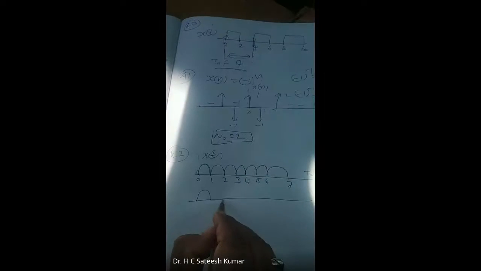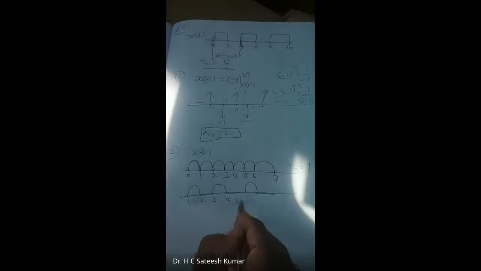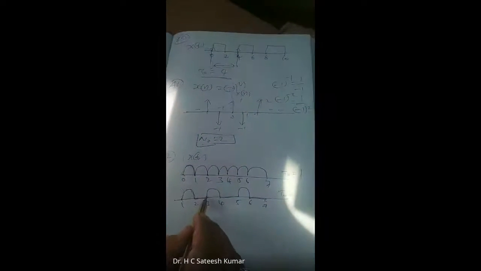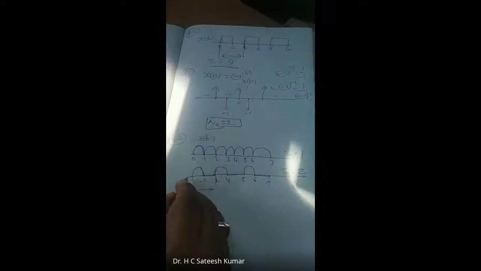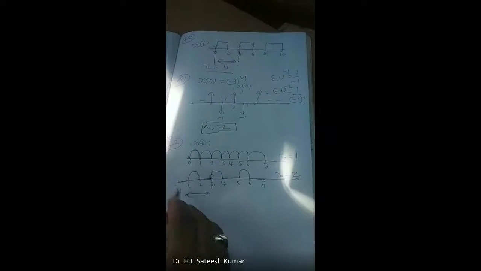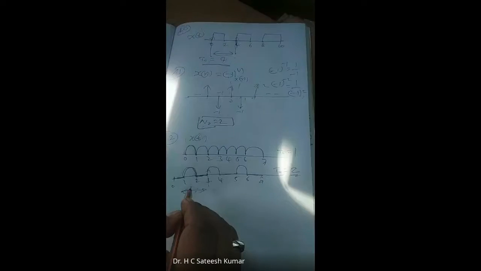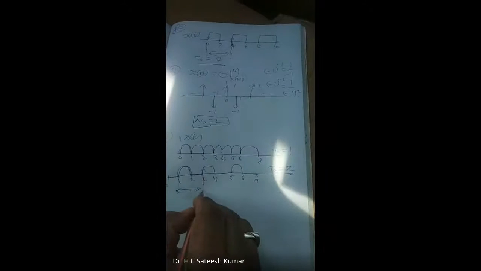Now, we'll take up this kind of problem. 1, 2, 3, 4, 5, 6, 7. So, this is t naught. It goes like this until the next repeat. You should not take it up to this point. That is 2. So, 1 to 2, we can write it as 2. Or you can start with 0 itself, no problem. Or from here to here also you can take it, because if you take this, the same thing is repeating. You stop at this point. Or I'll take it from here. If you start from here, you end at this point.